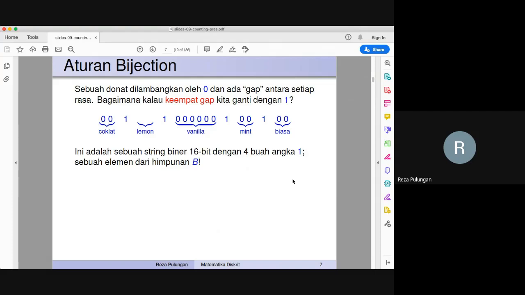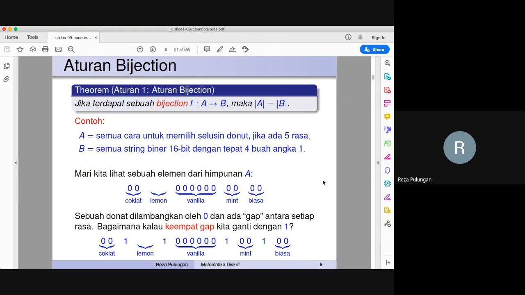So you see, I just created a correspondence from A to B. My argument basically says that for every element in A, there must be a corresponding element in B because of the way I created it. And you can see the argument there.